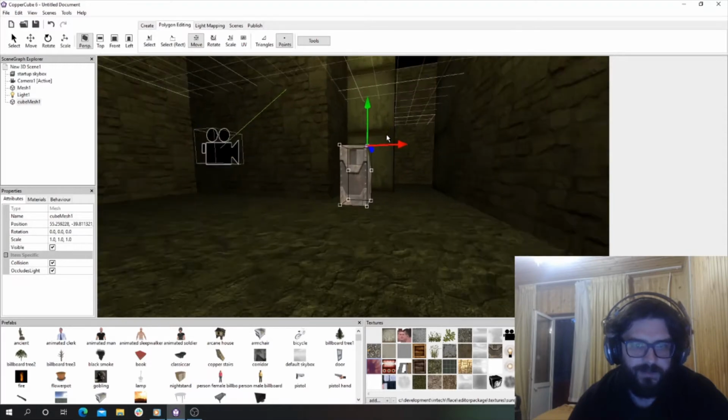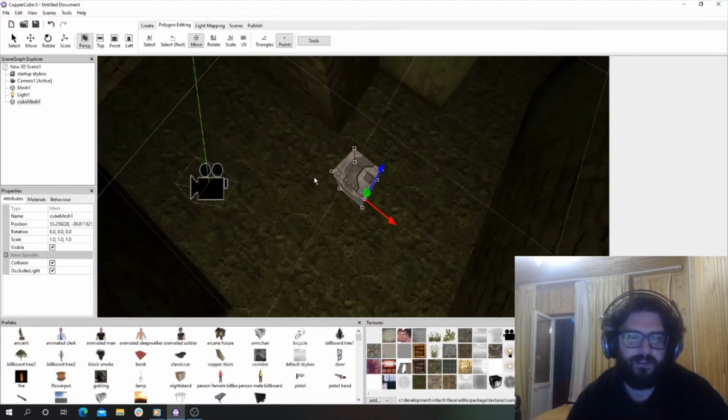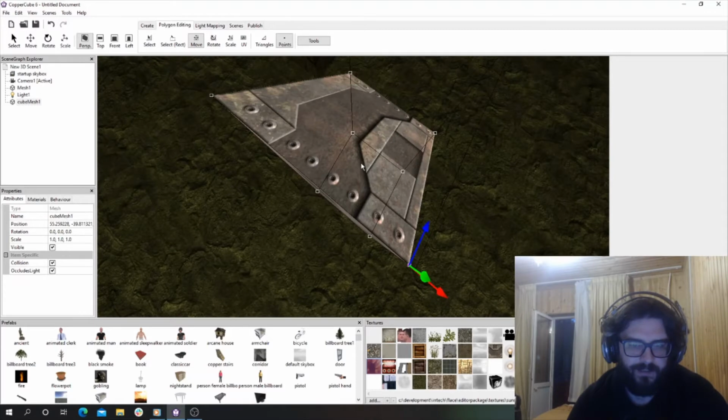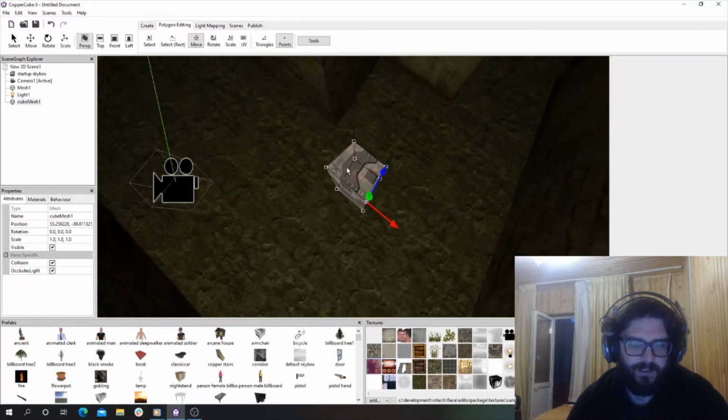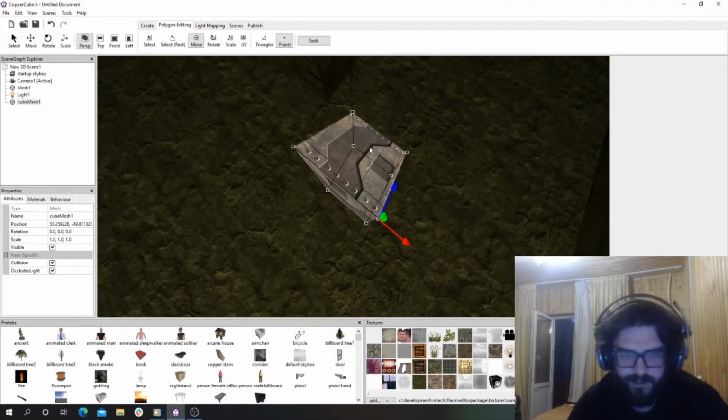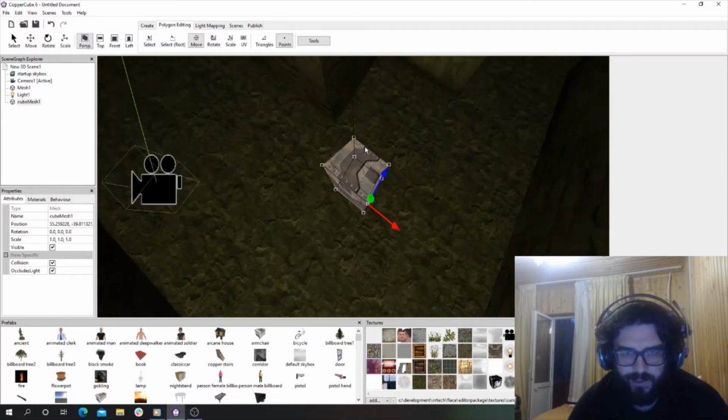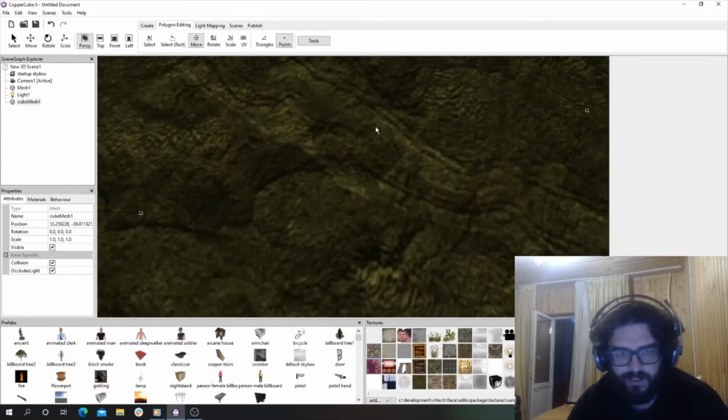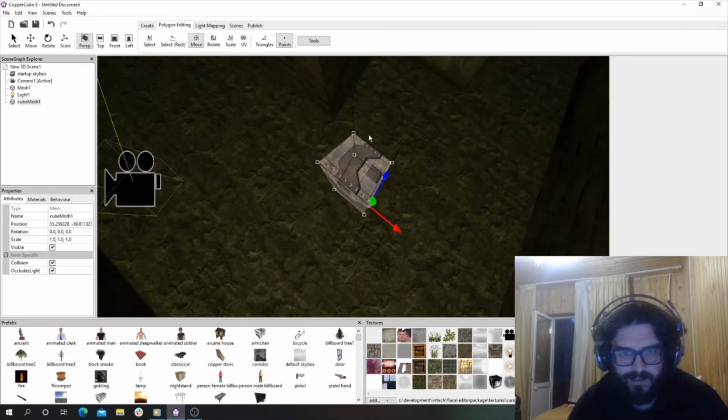Can do different types of objects then. It's just a boring object at the minute, obviously, because it's not really textured or anything. To move around, I'm using the mouse scroll wheel, and right click to move forward fast, and then